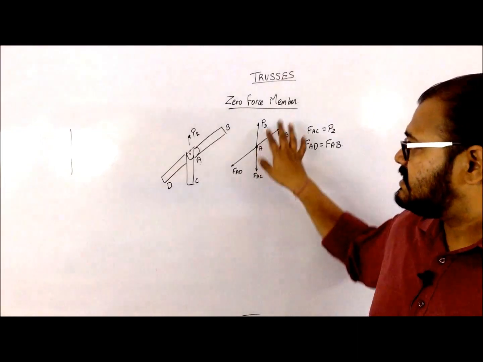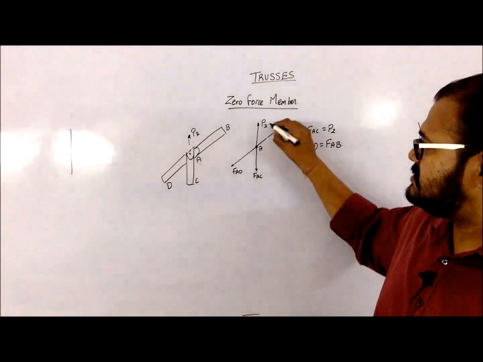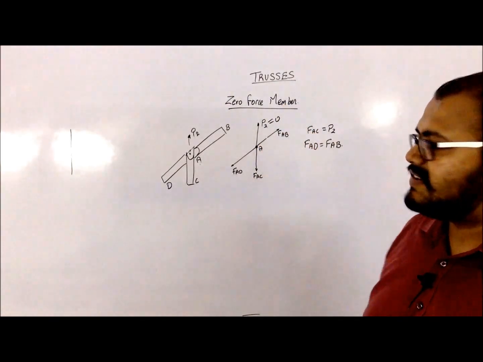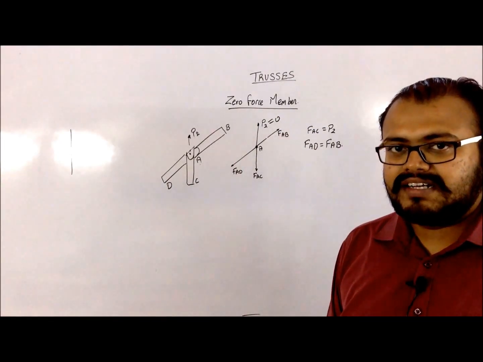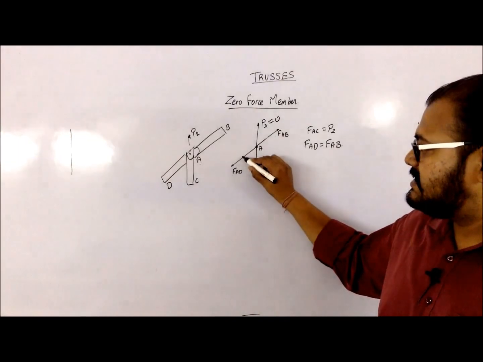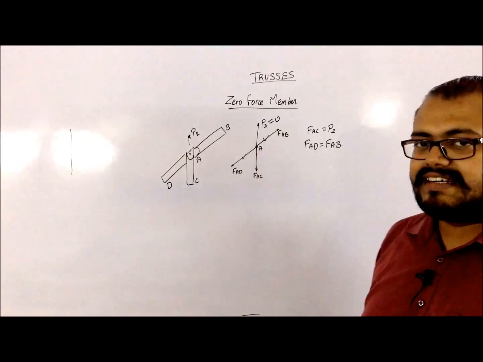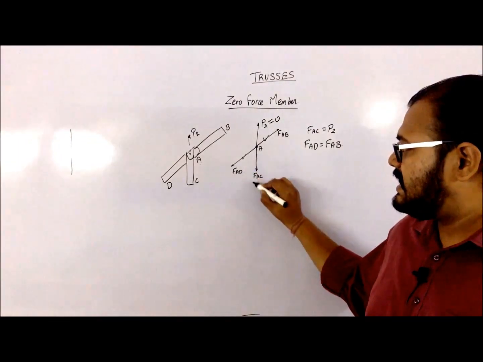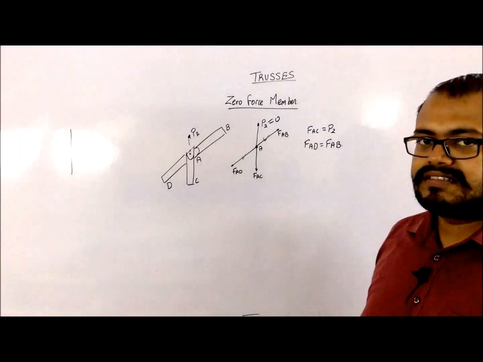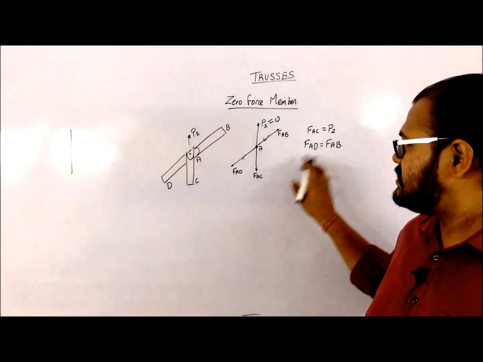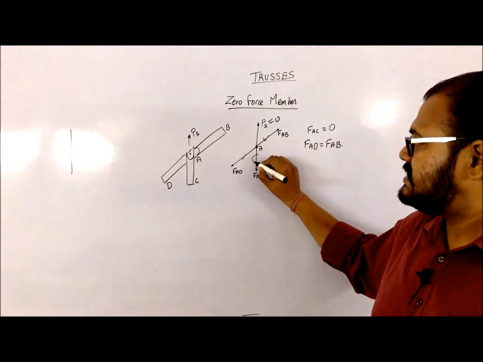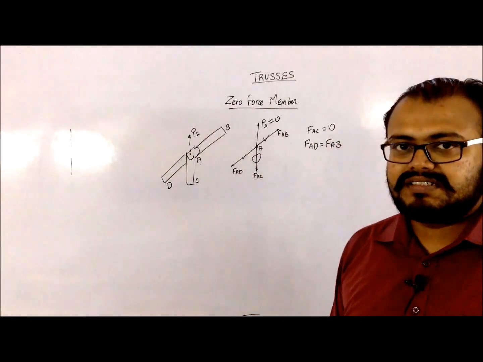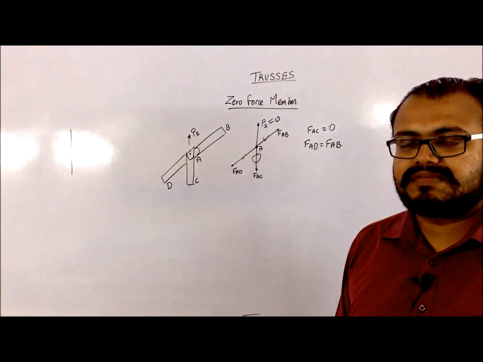So if I just say that the force is not present, like if it is equated to 0, that there is no load attached to that point, then you can see that again this particular force is equated by this, but there is nothing which is going to equate this. So that is why this particular force should be equal to 0. So that is why this particular force member is called a zero force member.